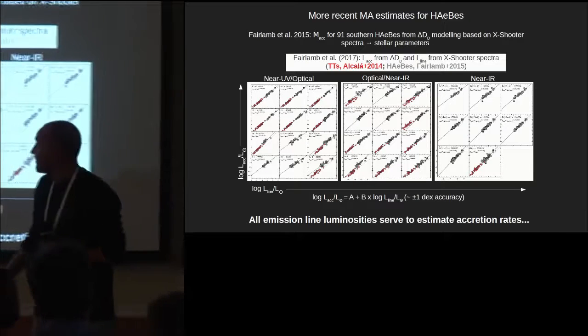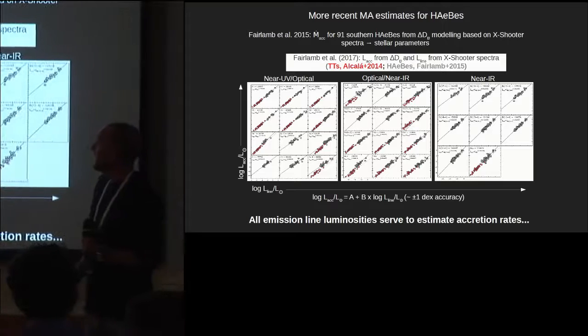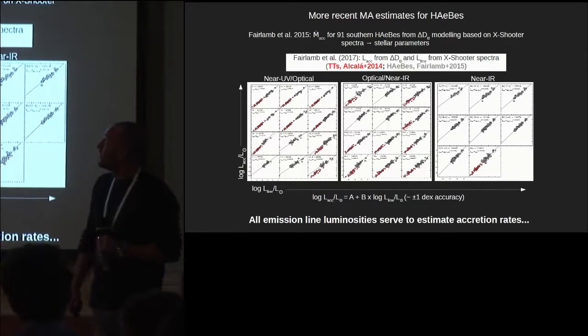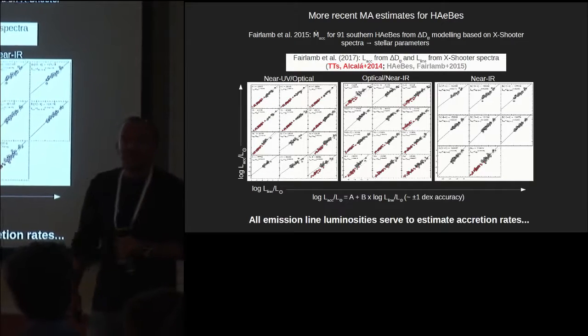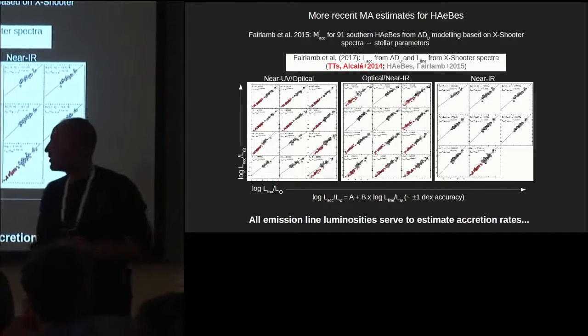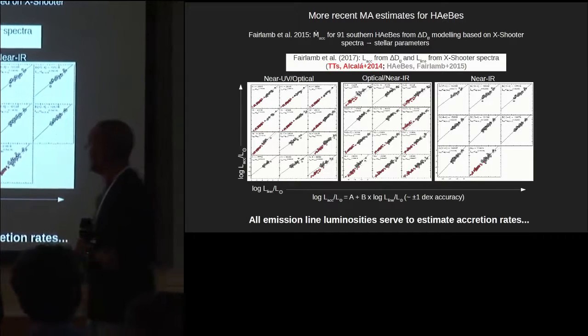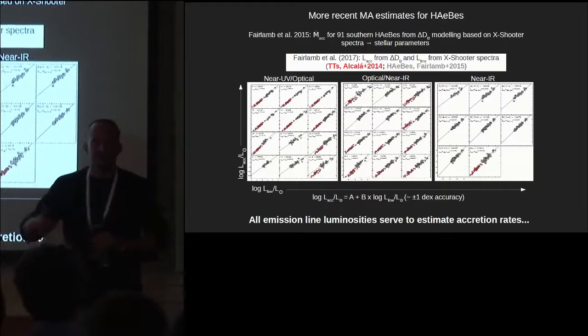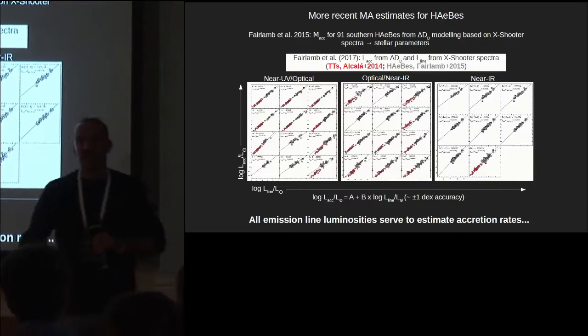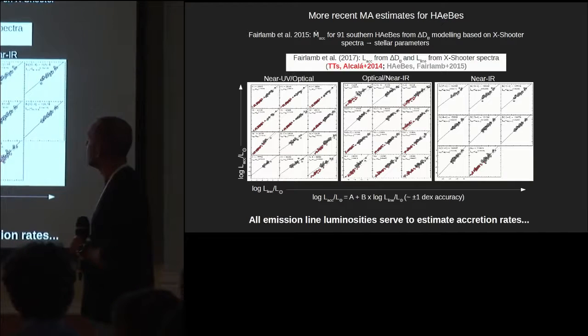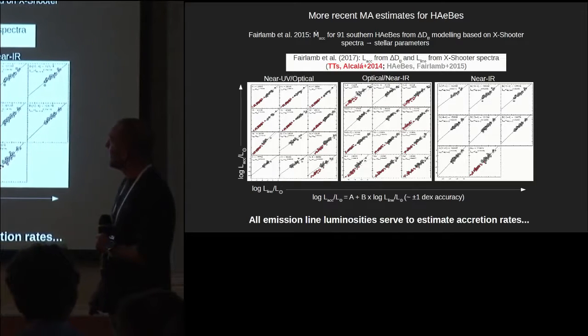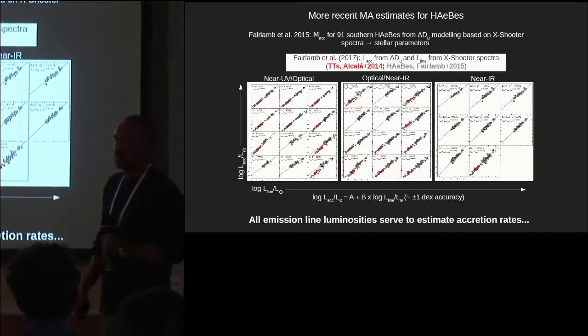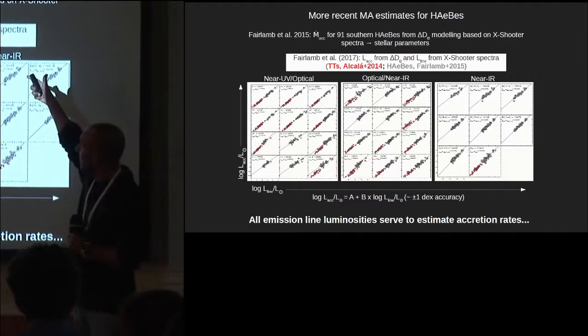So, more recent accretion estimates: Fairlamb et al. derive accretion rates for 91 southern Herbig Ae stars, again by modeling the observed Balmer excess. In this case we have X-shooter spectra, so we were able to derive the stellar parameters that are necessary to derive accretion rates. And here we could compare the accretion rates that we derive from the